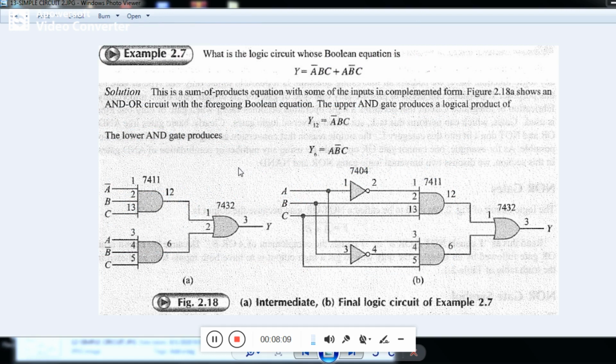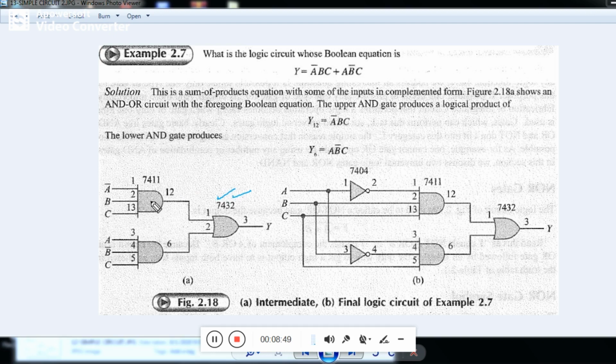So in the diagram you can see the pin numbers 1, 2, 13. While drawing a circuit diagram from a theoretical point of view, you need not remember the pin numbers, but from the practical point of view, you need to remember them. You will get pin number details in the data sheet of the particular IC. For example, here we are using the 7432 IC. By seeing the details, you will know which is the input pin, which is the output pin, and how many gates there are in that IC.